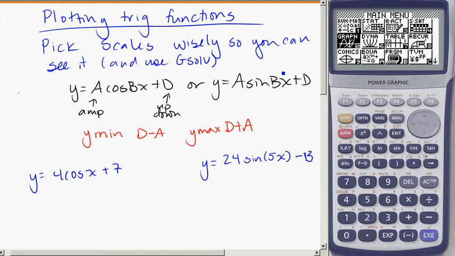Okay, so trig functions can be kind of tricky to plot into your calculator because they could be all over the place and it's really hard to locate it if you don't know what you're looking for in terms of getting it into your window so you can actually see it, and then you can use gsolve to help solve for stuff with it. So remember, you've got your two basic formulas with cos or with sin, and